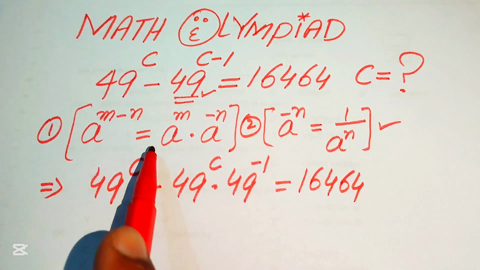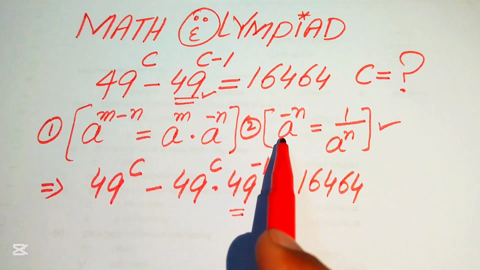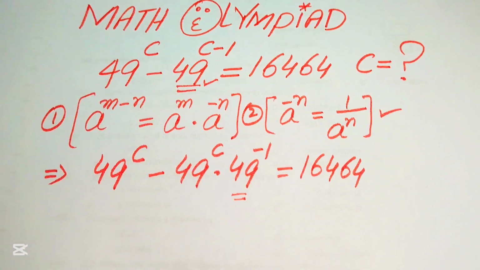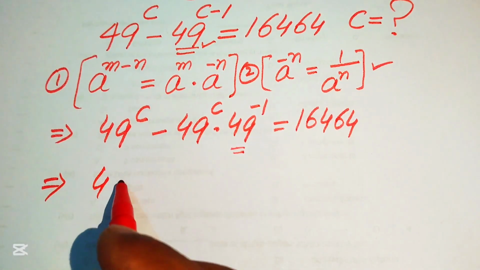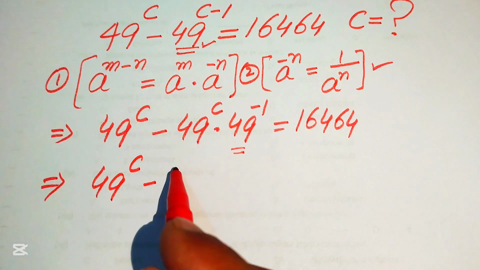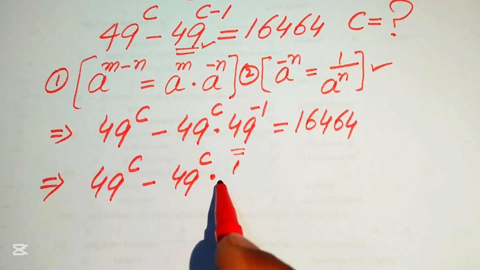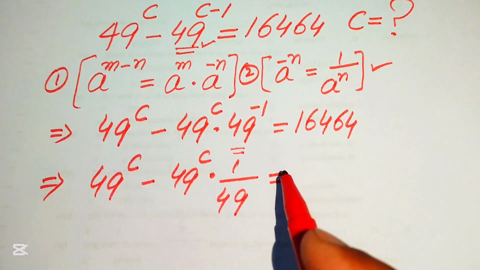And after applying this rule, we need to use this rule on this term. If you have the negative exponent, when we move it to the downside, it becomes positive, and it will be written as 49 to the power of c minus 49 to the power of c into 1 over 49, and it is equal to